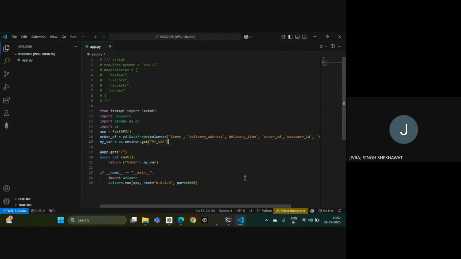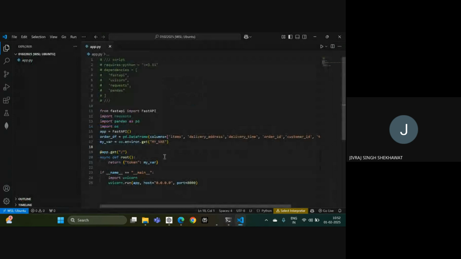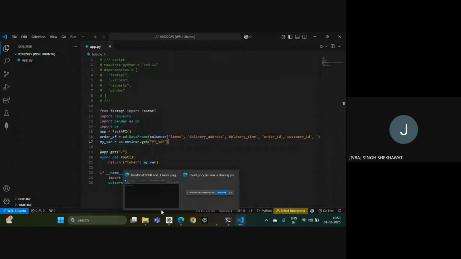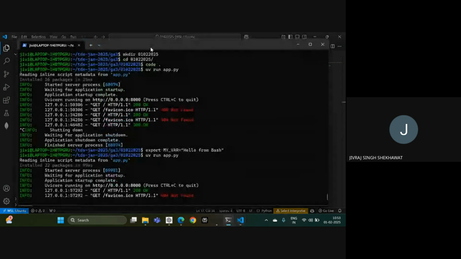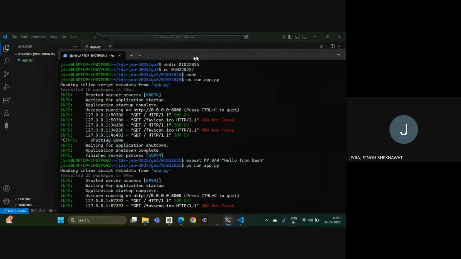So basically this is to keep all those secrets hidden. If I have an AI proxy token, then I don't want to keep it here. I want to keep it out. I don't want to keep it as part of this script. So that's why, what I will do now is export my actual AI proxy token. So I will take this terminal to some other screen